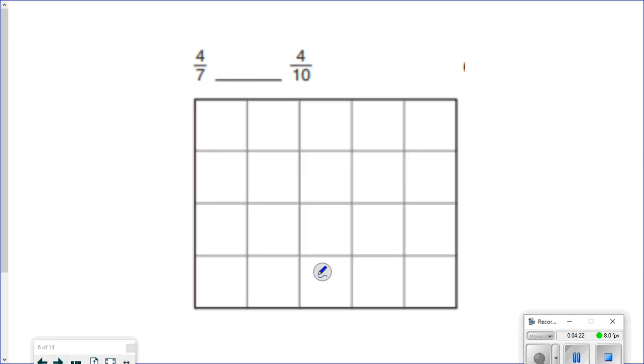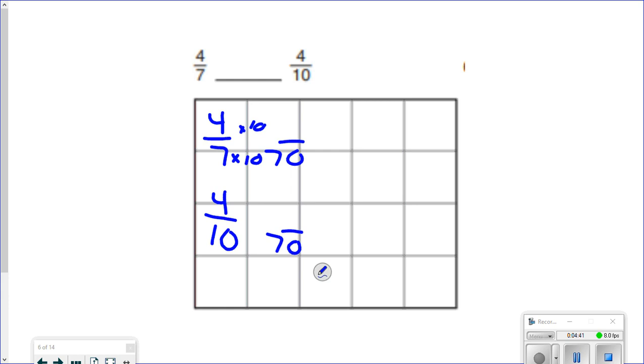I really like this next problem. It says 4/7 and 4/10. Now they don't have common denominators, so I could easily stack these fractions to find out that the common denominator is 70, right? And then I could work out the problems. Times 10, times 10. This equals 40/70, and this equals 28/70. So this is 40/70, and this is 28/70. I could easily have done that,